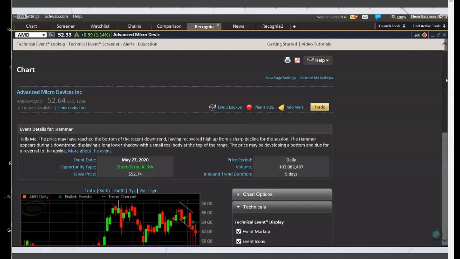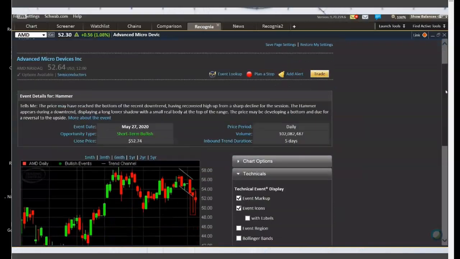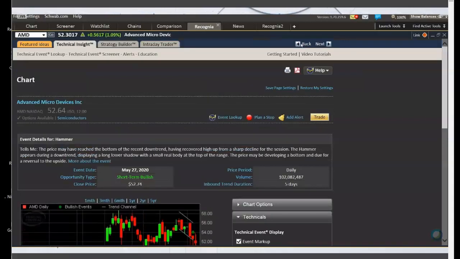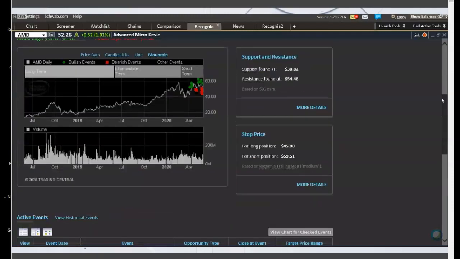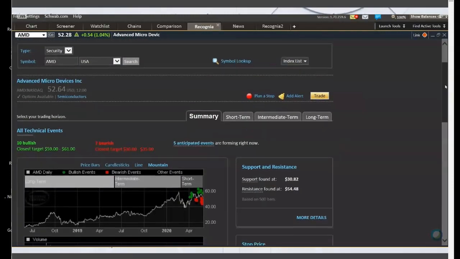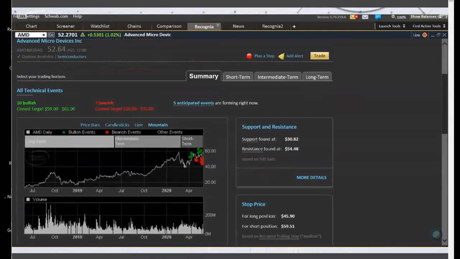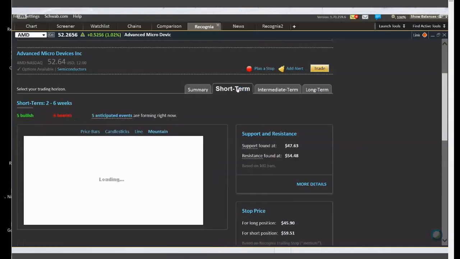All right, so let's go through a few more symbols, but check to see what patterns have been created. You can see the listing, but if you're a certain type of trader and you want it sorted out by short-term, intermediate term, or long-term, you can go to those individual tabs. But keep in mind,